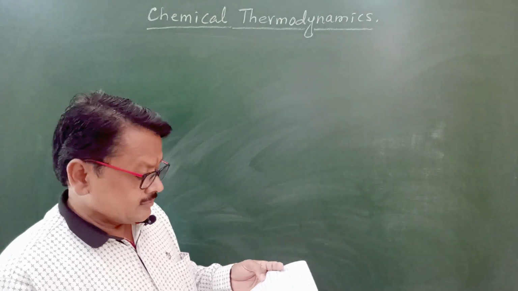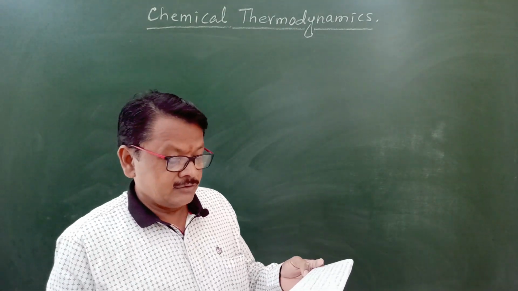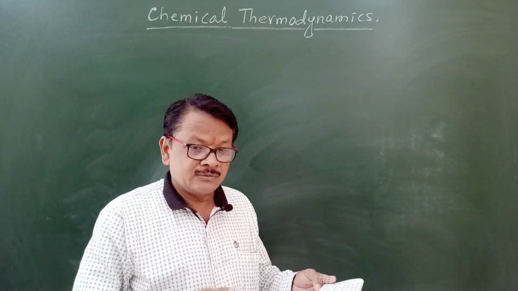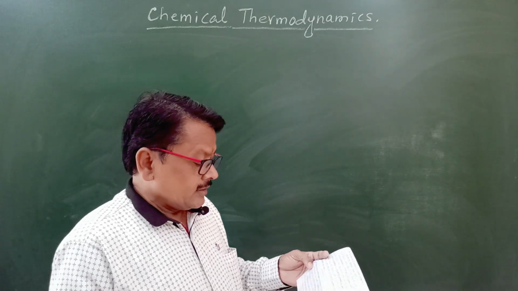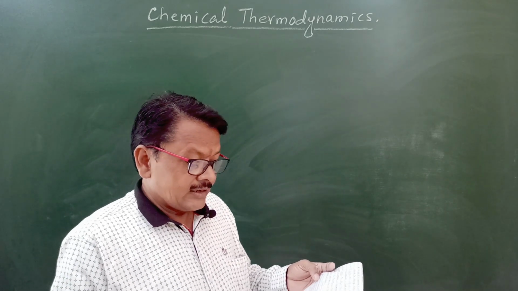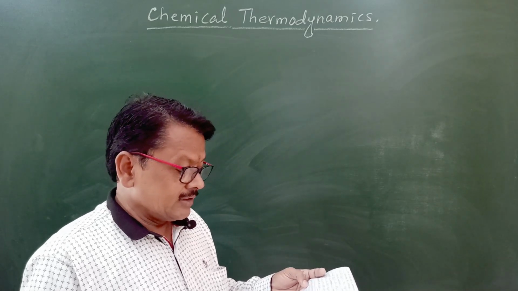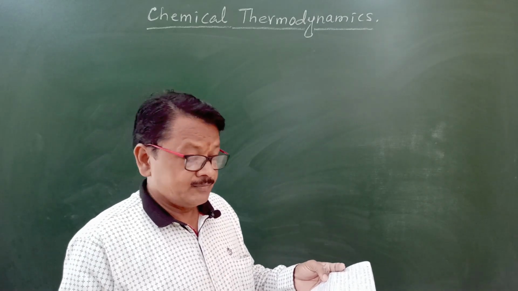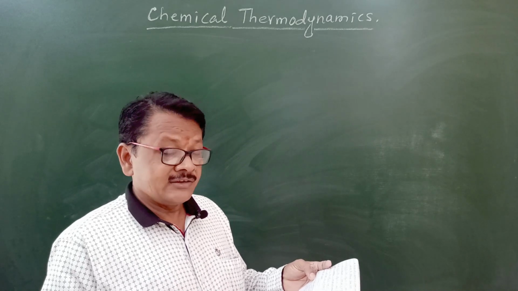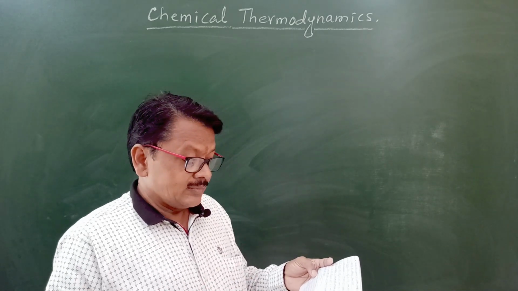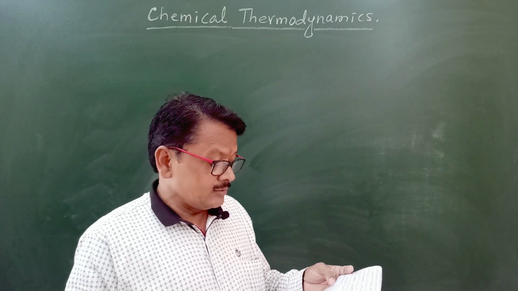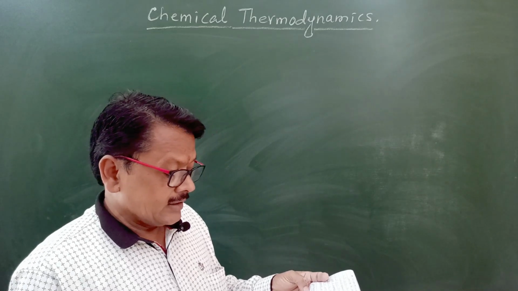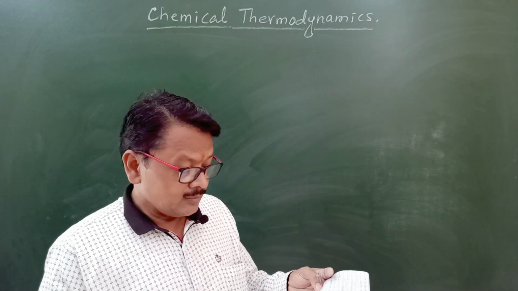Friends, in last video we have seen one question which was asked in AIEEE exam. So its answer now we have to see here. Assuming that water vapor is an ideal gas, the internal energy change when 1 mole of water is vaporized at 1 bar pressure and 100 degrees Celsius will be. So you have to calculate here what will be internal energy change. Given that molar enthalpy of vaporization of water at 1 bar and 373 Kelvin is equal to 41 kilojoule per mole and R is equal to 8.3 joule per Kelvin per mole.